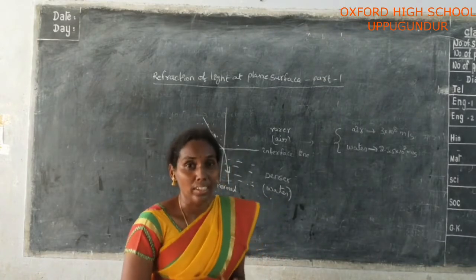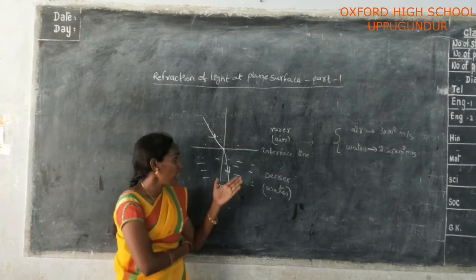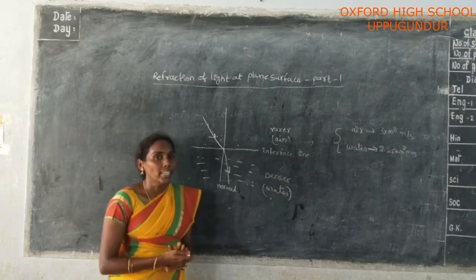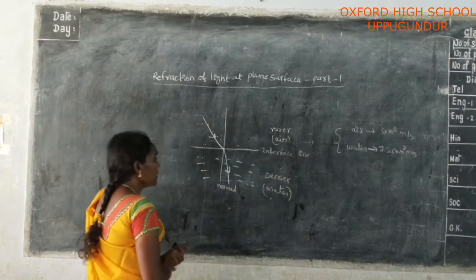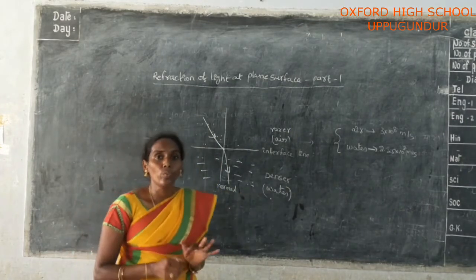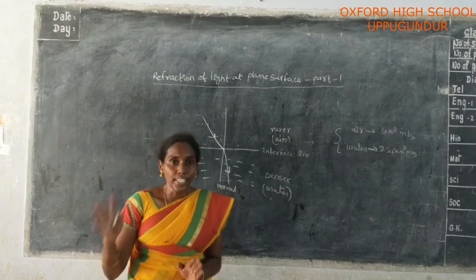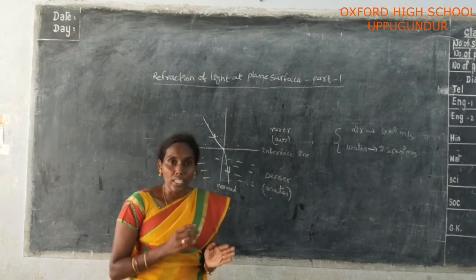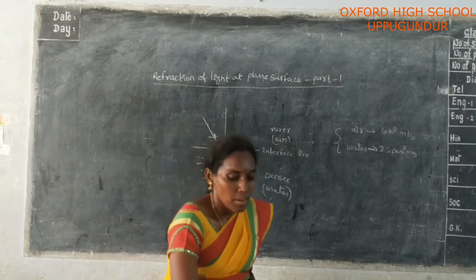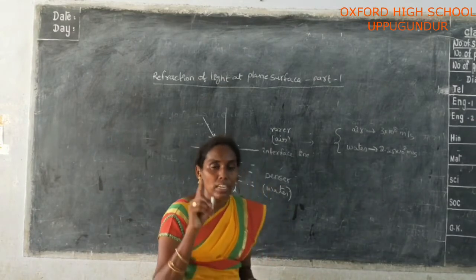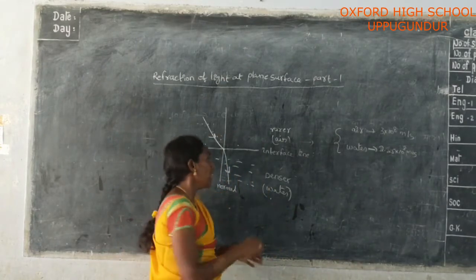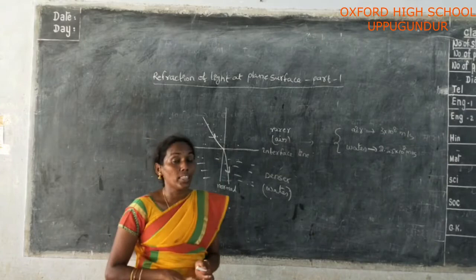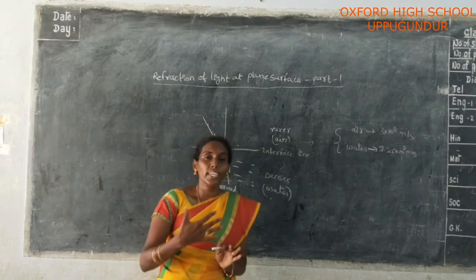But what is refraction? How is the light ray bending at the interface line? Look at the board. Here the light ray is traveling from one medium to another medium. At the interface line, the light ray deviates from its original path. Now listen carefully. When the light ray travels from one medium to another medium, at the interface line, the light ray should deviate from its original path, or the light ray should bend at the interface line.